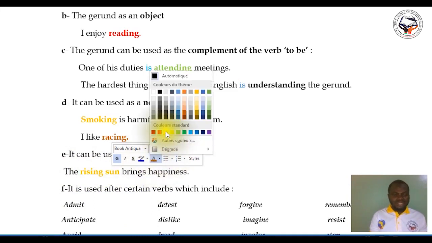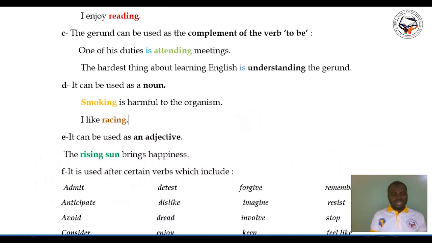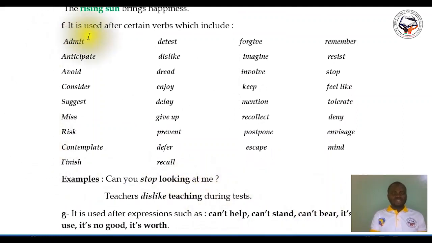Let me emphasize it with a color. I will use this one. Okay. The rising sun brings happiness. Okay. Now, the next use of the gerund is that the gerund is used after certain verbs, which includes all these I cited here. You have admit, detest, forgive, remember, anticipate, dislike, imagine,